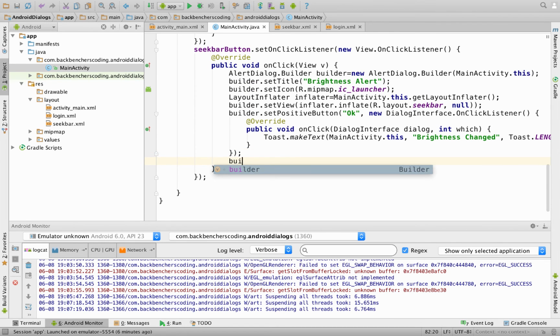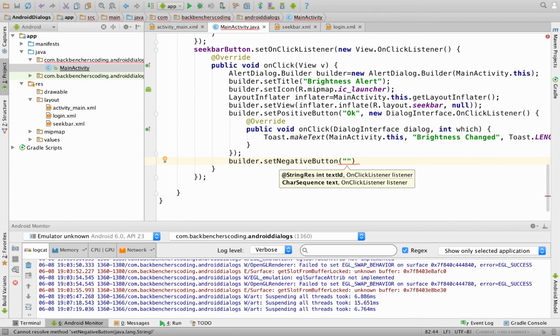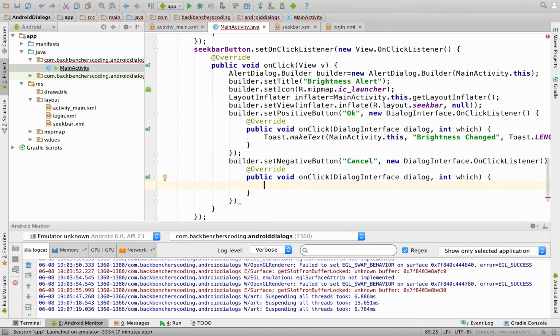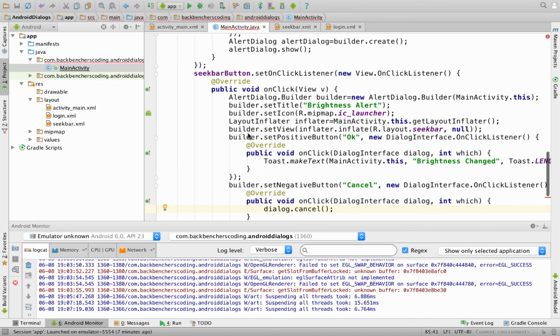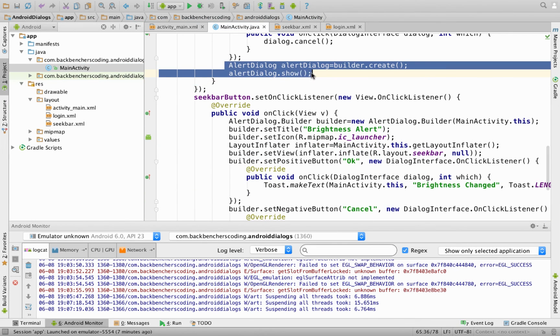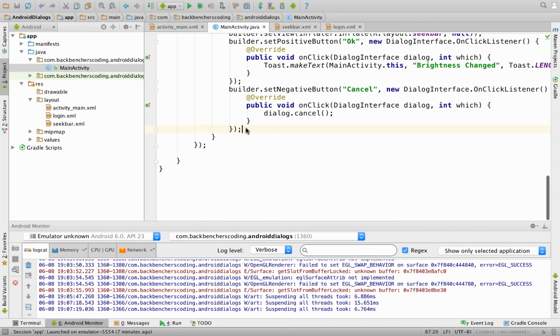So builder.setNegativeButton, within which our text would be Cancel, and we'll apply a listener to it, new DialogInterface.OnClickListener, which overrides onClick, and we'll write dialog.cancel, and then again we are going to copy this statement. For displaying our dialog we require alert.show. So after this, paste these statements, save your program and run it.